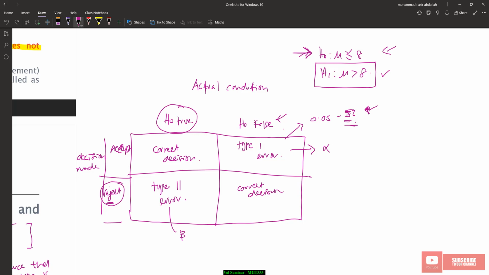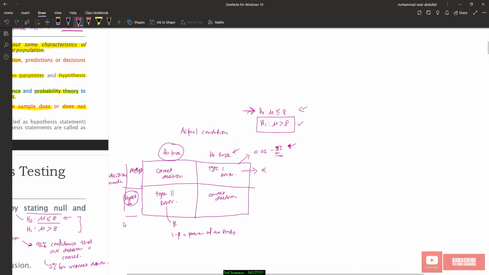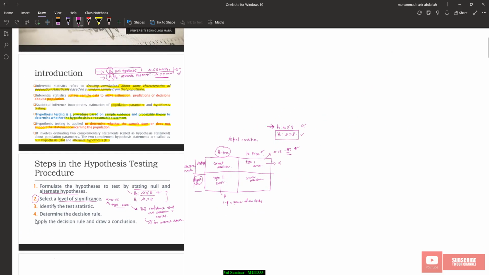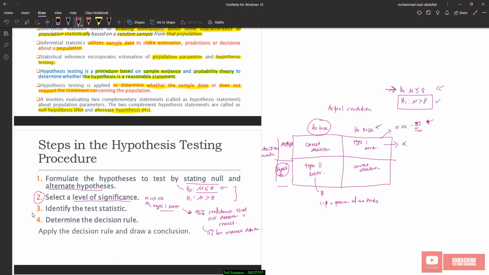So 1 minus type 2 error is called as power of the study. Right? So this is beyond our context. Apa yang kita nak tengok, kita nak faham apa itu type 1 error saja. Right? So I don't want to explain more about this. Nanti kalau you minat dalam statistics, then kita boleh explore more lah. And then,